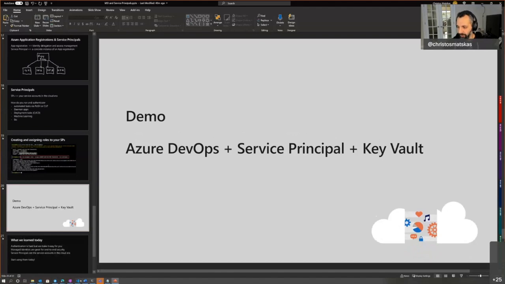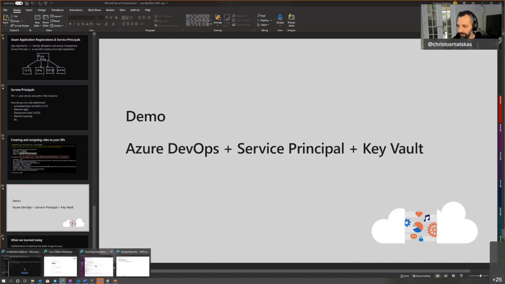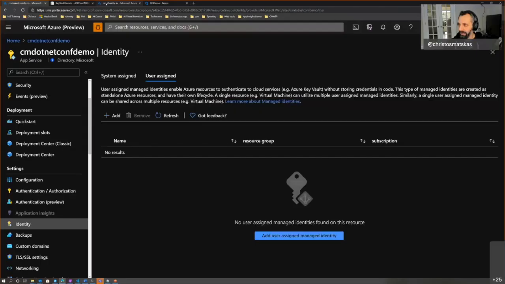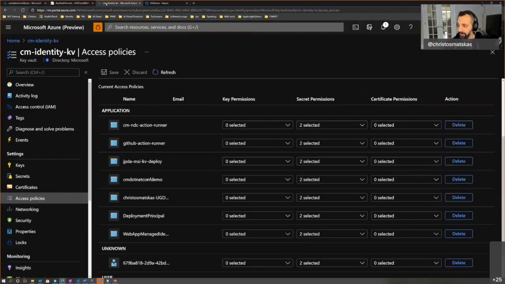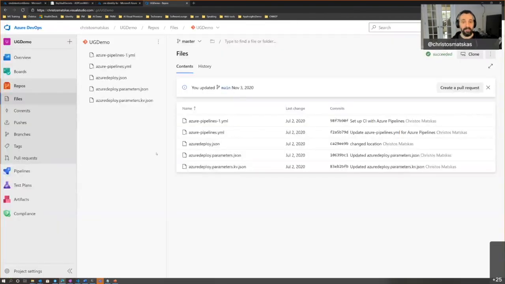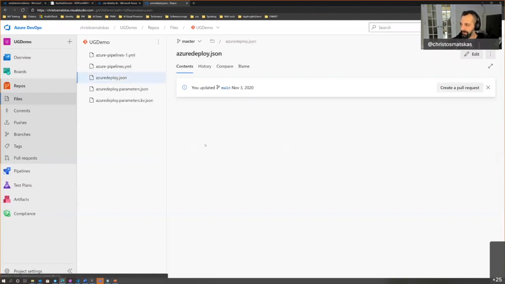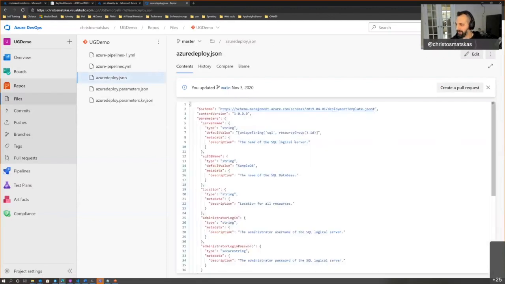The first demo is in Azure DevOps. And I don't know how many of you here use Azure DevOps, but it is one of the options if you want to run something in CI/CD, right? I upload my code and my repo is here. In fact, I only have infrastructure as code here. So I'm using ARM. And then inside my ARM, I have a template which only does a SQL database deployment.